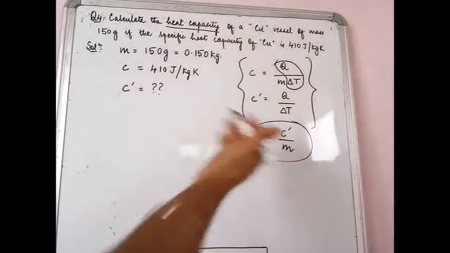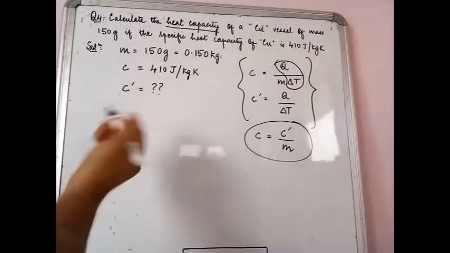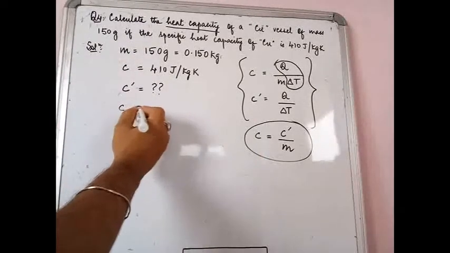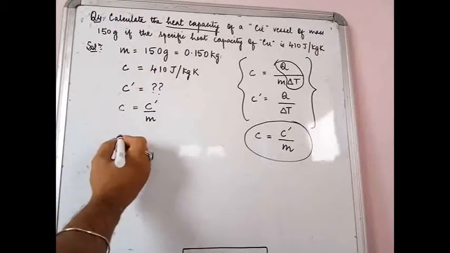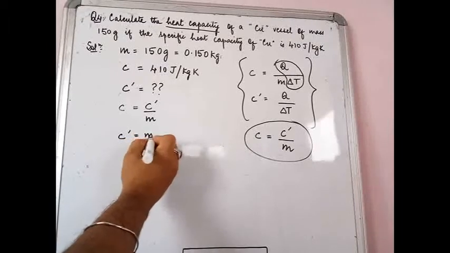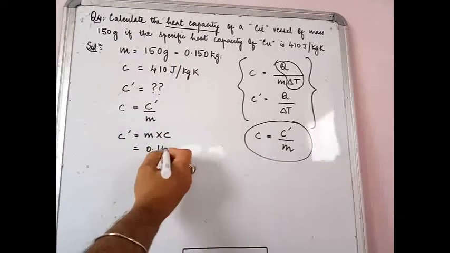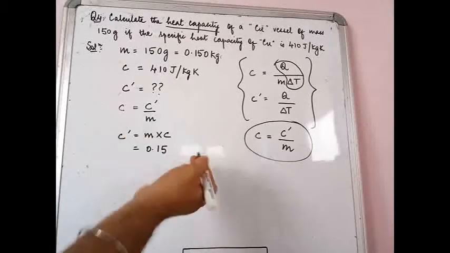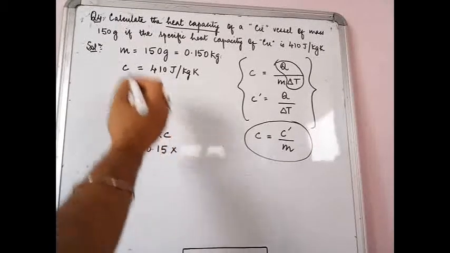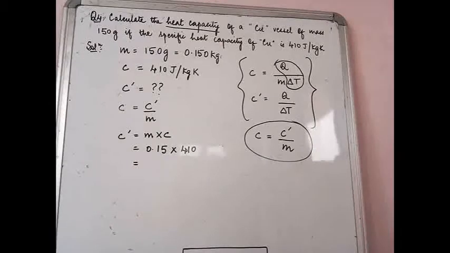So if you want, you can just memorize this, or you can get it from the two formulae that we have already studied. Using this formula, let me write down C is equal to C dash upon M. So this M can go over here. You will have C dash is equal to M into C. What is the mass value? The mass value is 0.15. Even if you don't put a 0 over here, since this 0 is the last digit after the decimal, it will not matter. Into C, the C value is 410. So eventually when you calculate, this will come out to be